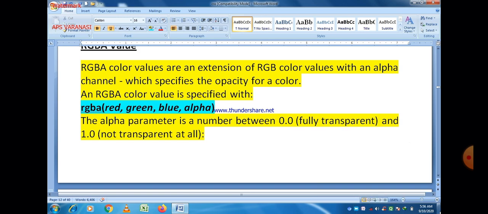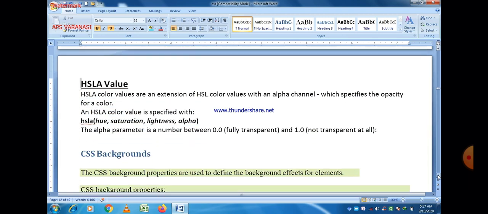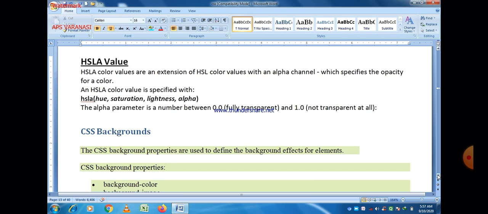RGB stands for red, green and blue color. And why is RGB always there? Because we can form any color using these three basic colors, red, green and blue. Next is HSLA. HSL, we already studied, means hue, saturation, lightness, and A stands for alpha here. So we can use HSLA also.